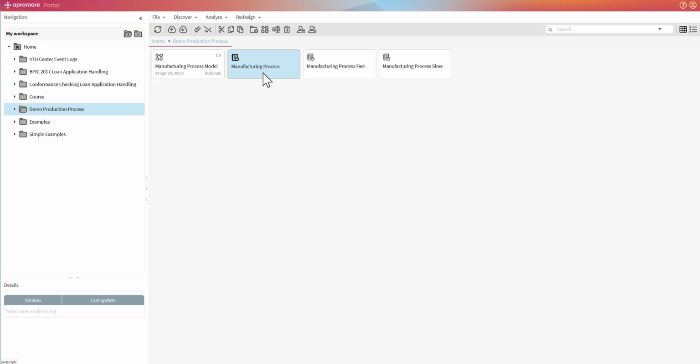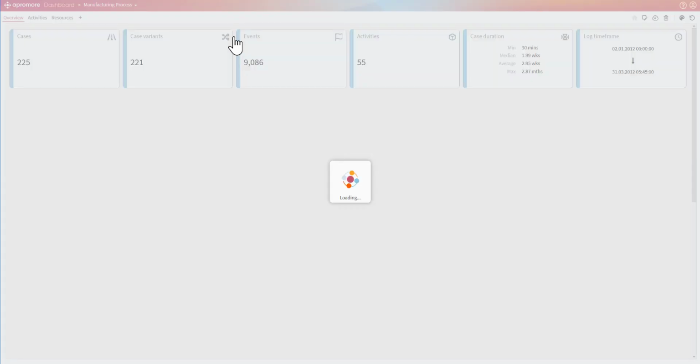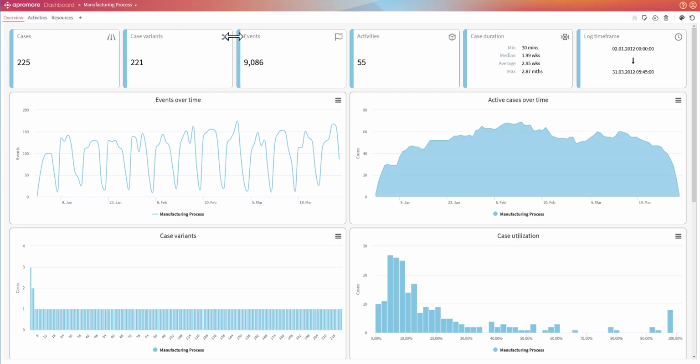In this video, I will show you the capabilities of the performance dashboard of Apromore. The performance dashboard allows me to get an overview of the performance of a given business process. I can open a single event log in the performance dashboard and visualize the performance in terms of aggregate charts